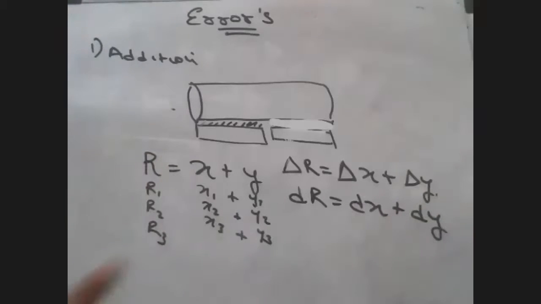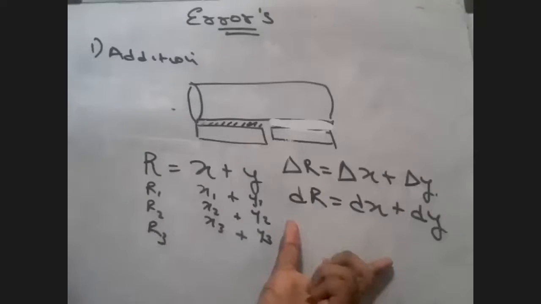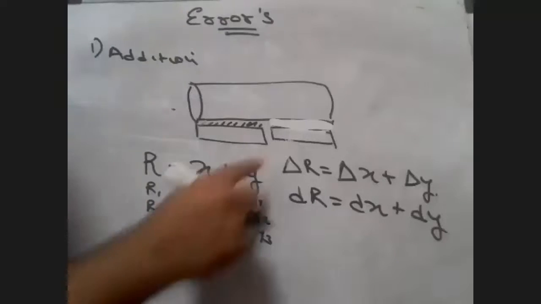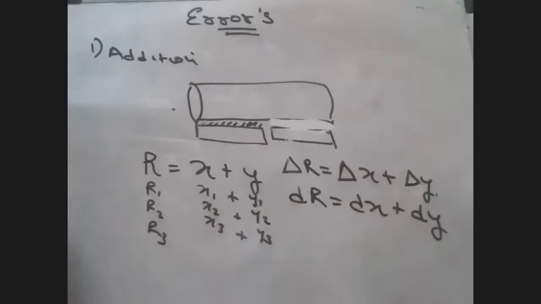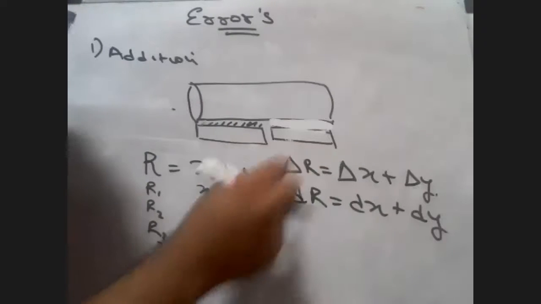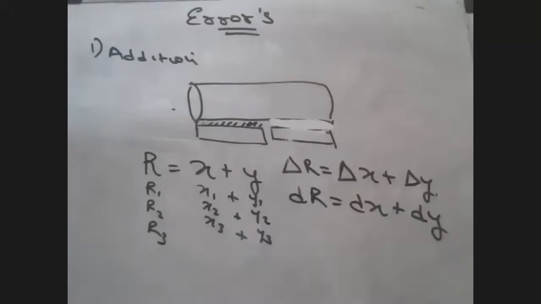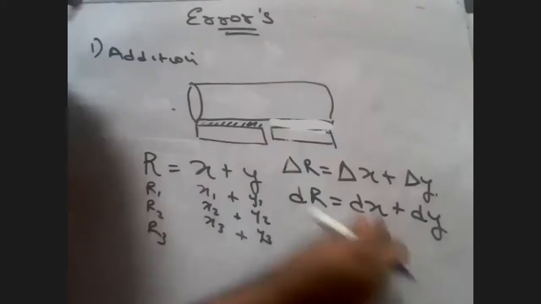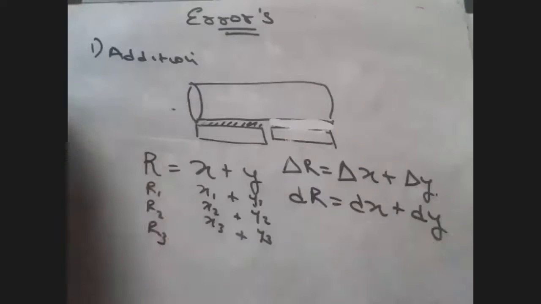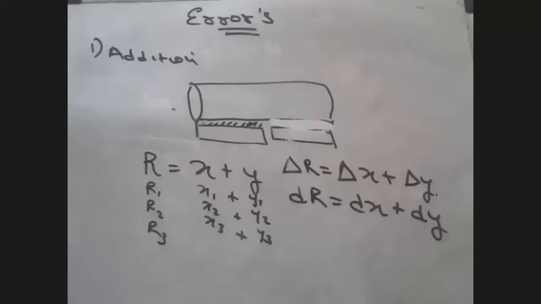Now, of course, we have to come to this. You might not understand this, but listen to me. This delta R means what? Change in R. Change in R can also be written as dr. Dr means basically change in R. Dx means change in x. Dy means change in y. Is this clear, everyone? Can you all respond? Yes, sir. Yes, sir. I'm making it very clear for you.